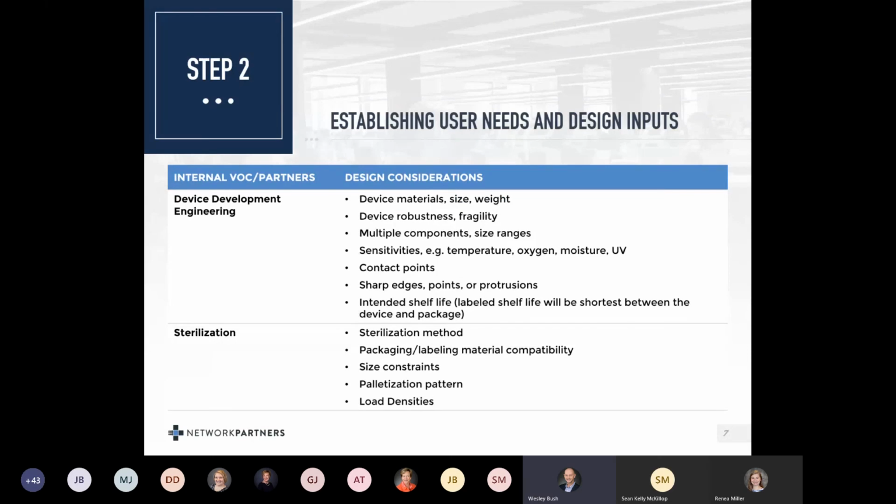Additional user needs and design inputs: you need to work closely with your internal partners and get their voices heard as well. Now that you're finally on the project team, you need to work closely with each of those functions. So first off, working with the design and development engineering team, they're going to have all the specifics around